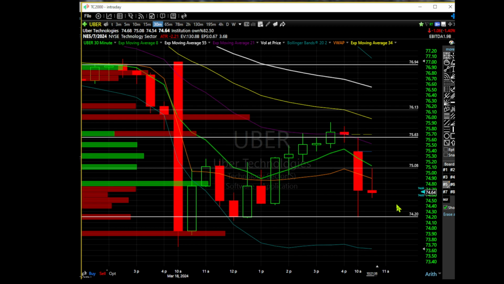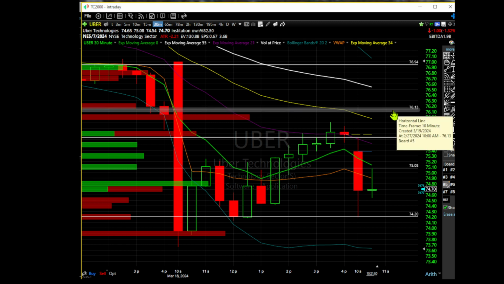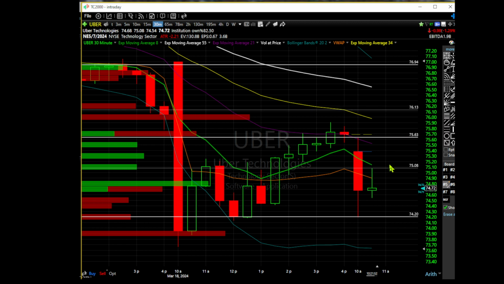Isn't it amazing how it all lines up? Of course it lines up because I made it line up, right? So if we crack this 30-minute inside candle, I think we're going to come back to 75.60. And that way I've already got a running start into this inside candle break to the upside if it goes. So I would say, all right, I'm playing a 195 inside candle for the break up so that I can capture this for the inside candle on the daily. Does that make sense? This is how you do it. This is how you draw lines. This is how you make things fit what you want to see.